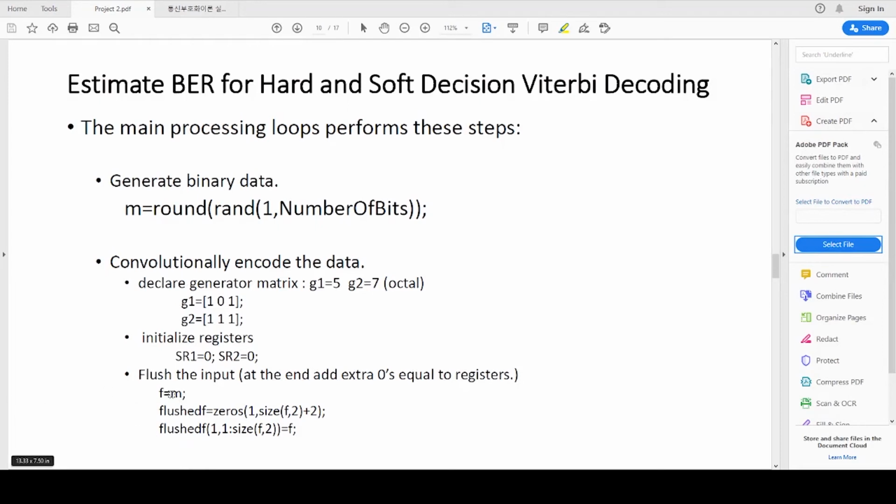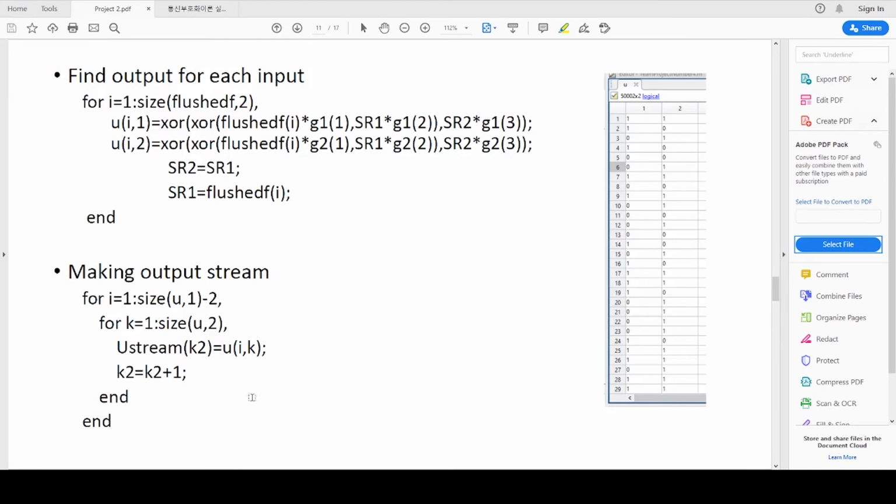Here I assign my input variables to f, and also I store those values to flush f, another matrix for use in the next section. In the next section I am going to encode my input sequence.